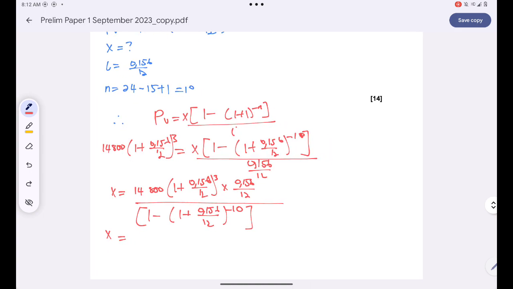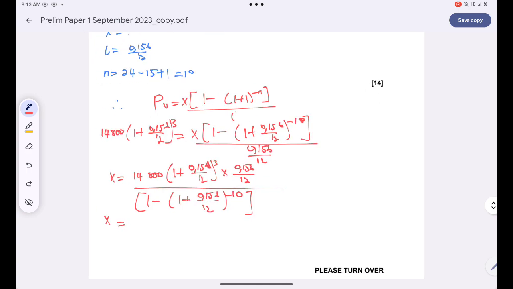Okay, so we'll simply find 14,800 times (1 plus 0.156 divided by 12) to the power 3, then multiply that by 0.156 divided by 12, all over open bracket 1 minus another bracket 1 plus 0.156 divided by 12 to the power of negative 10. So this will just give me a new installment of